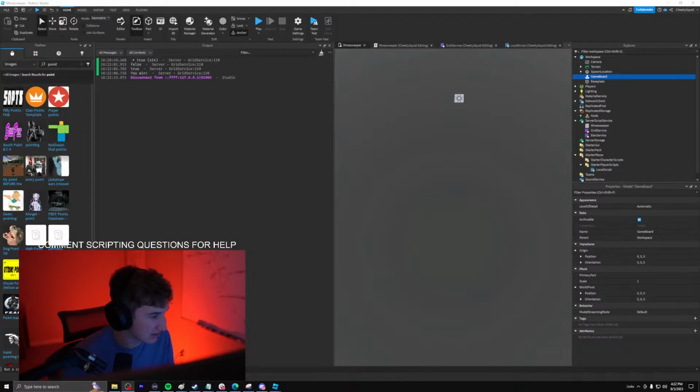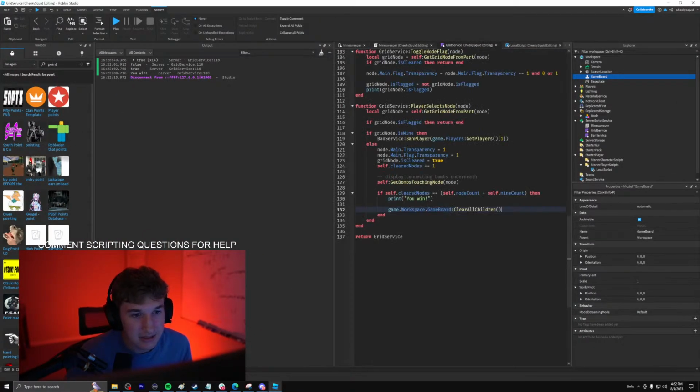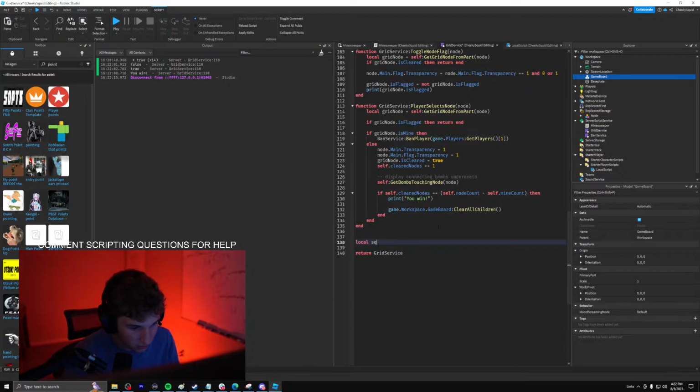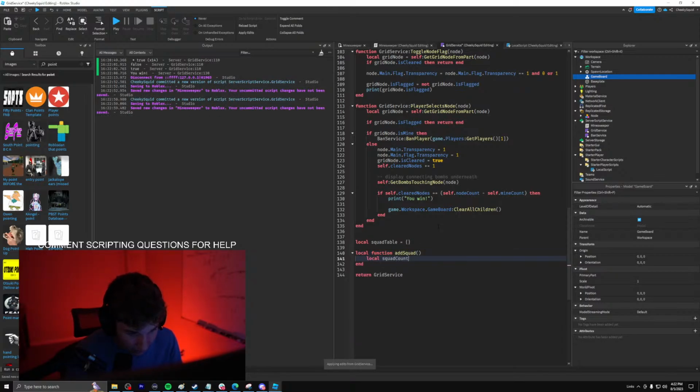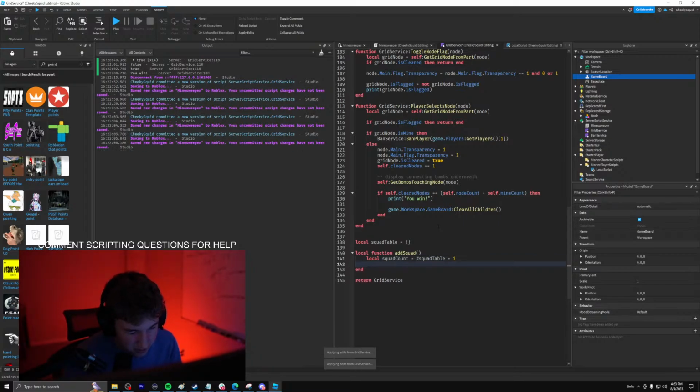All right, you have an event that fires to the server when someone invites another player to a squad. I want to make a squad, a table, I being whatever the next empty index is inside another table. How would you do that? Okay, Zach, I would do this. To get the name to be squad 2, let's say you have local squad table, right? Now we'll do local function add squad. First, we'll do local squad count equals the length of the squad table. So right now there's 0, so we'll do +1. So then we'll do squad name equals squad